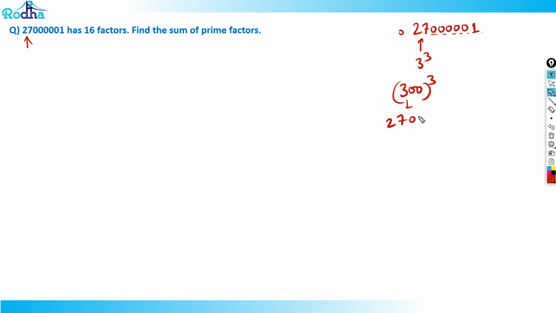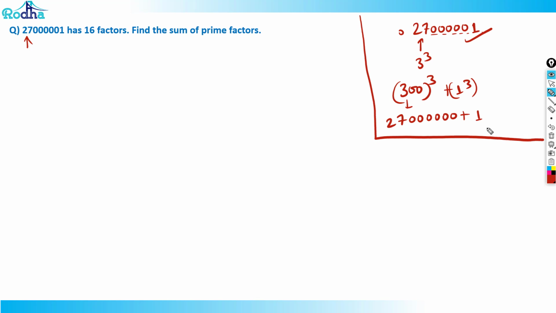3 cube is 27. 1, 2, 3, 4, 5, 6 zeros. But I want 1 at the last. That means 1 cube should be added here. So I think this will make it the required result here. So basically the thinking point with such questions is that obviously, if you want to factor